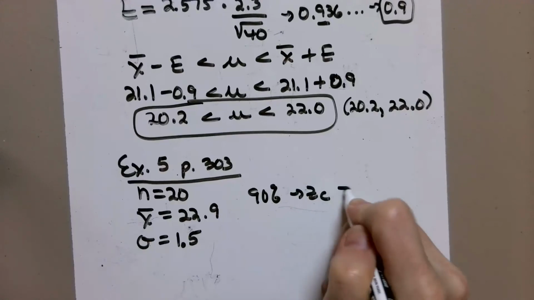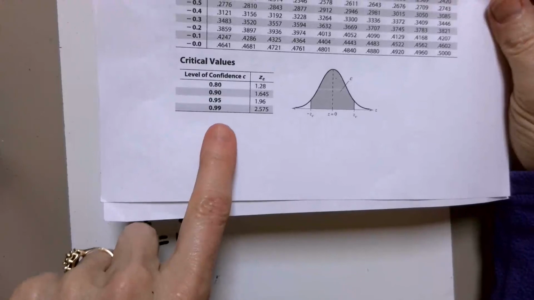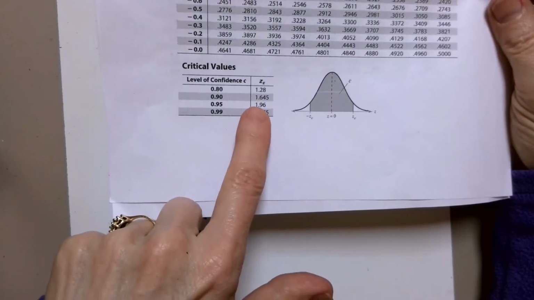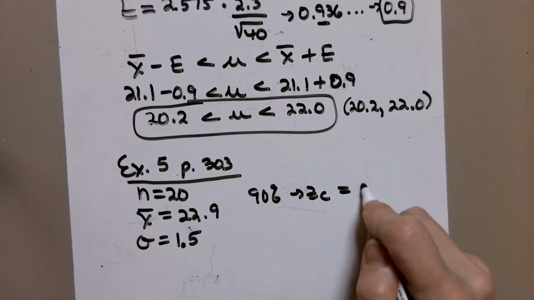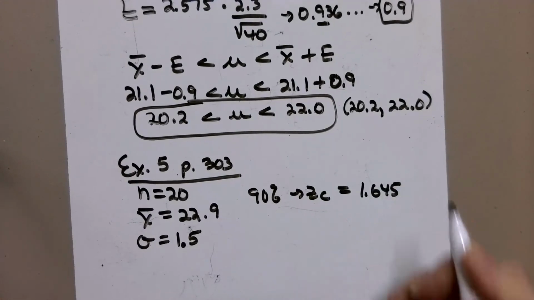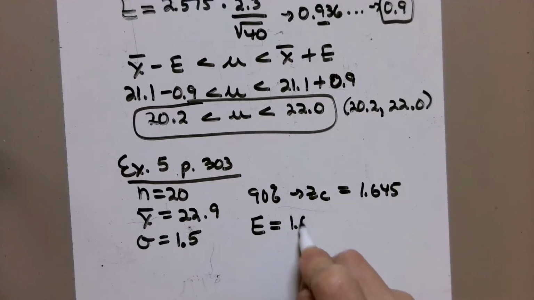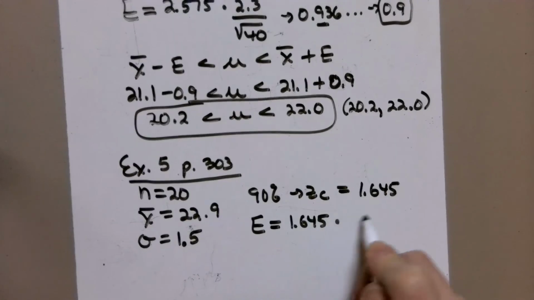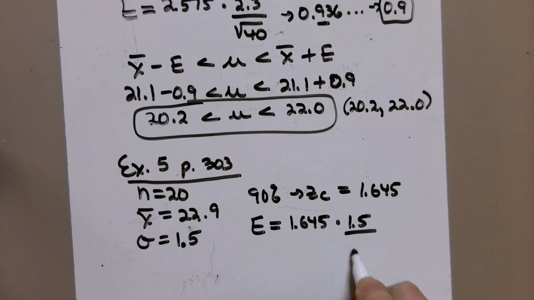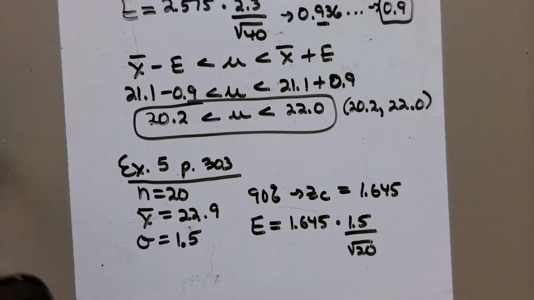So the critical value for Z you can either get from the formulas page or the bottom of the Z table on the negative side is 1.645. So we're going to use that for our critical value for Z. For a confidence interval, first you calculate the margin of error, Z sub C 1.645 times sigma 1.5 over the square root of the sample size 20. So putting that in the calculator, we have 1.645 times 1.5 divided by the square root of 20 is going to give you